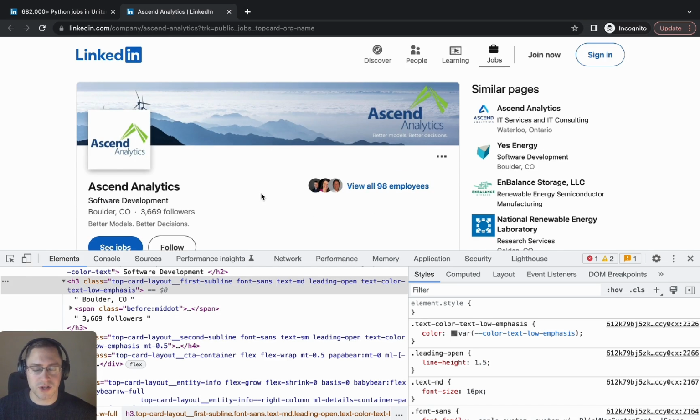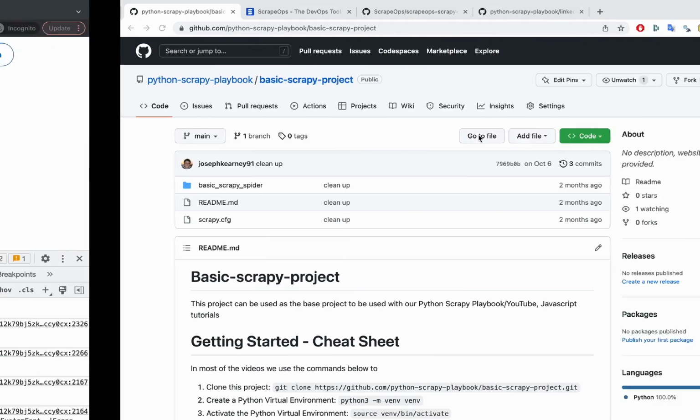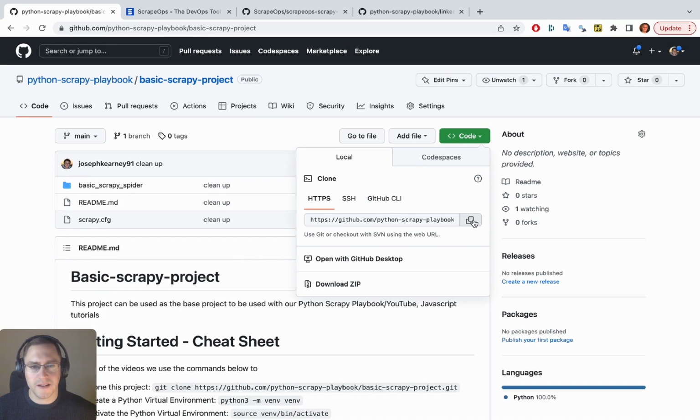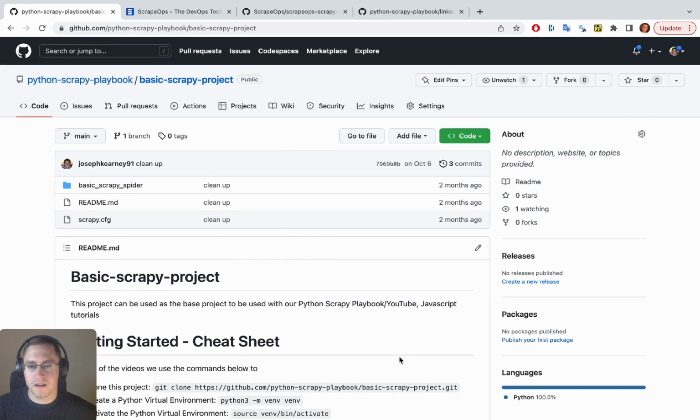We're fully logged out and I'm in incognito mode to show you guys that this is all publicly available data. So the next step is we're going to quickly get a Scrapy spider set up and get a proxy hooked in so that we have no issues with getting blocked when we're actually doing our scraping. I'm going to go ahead and download this basic Scrapy project, which we have available for anyone to download. I'm just going to git clone this. So just copying the link here and